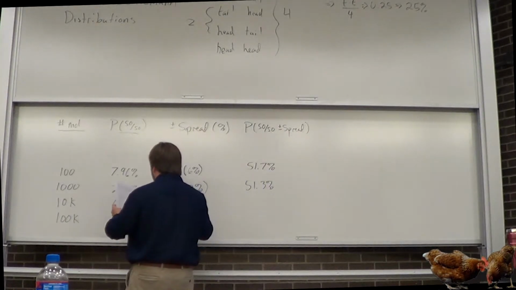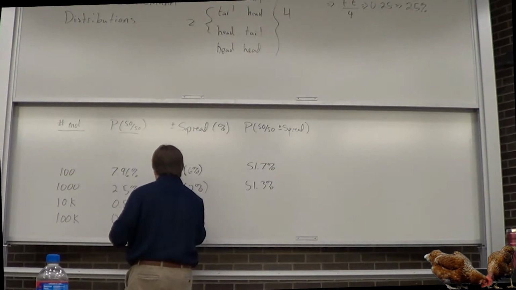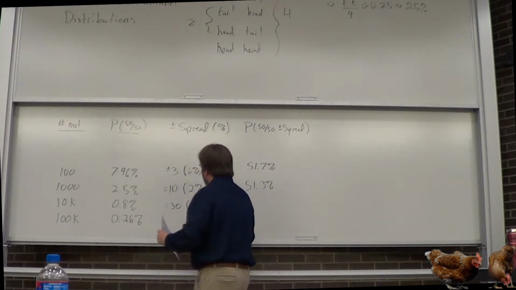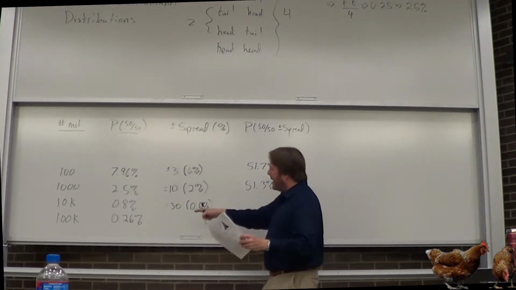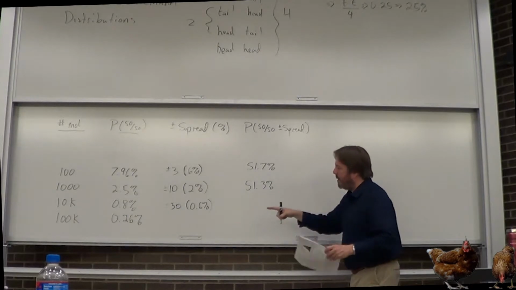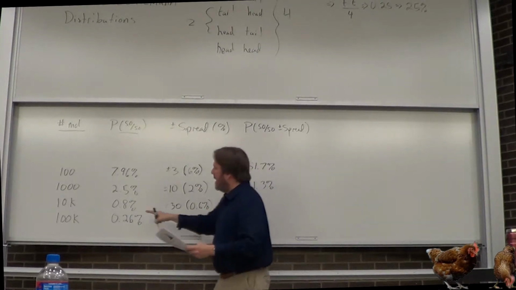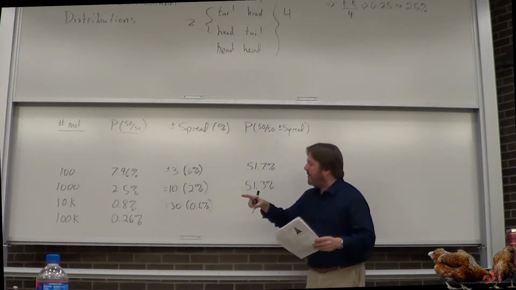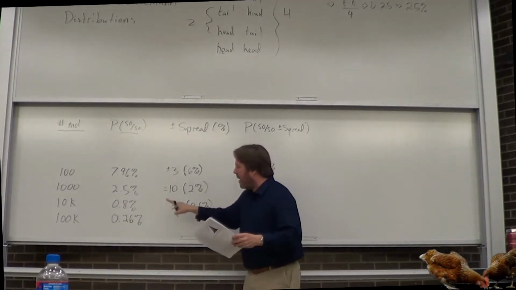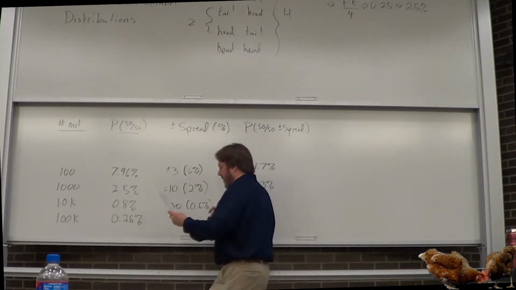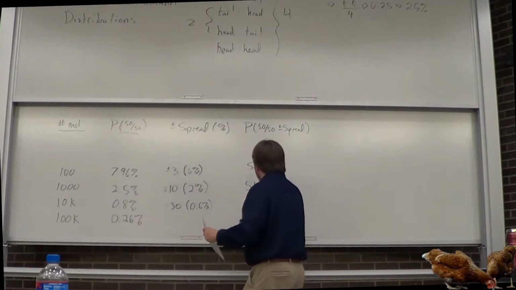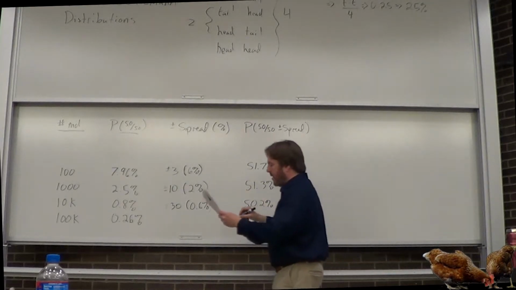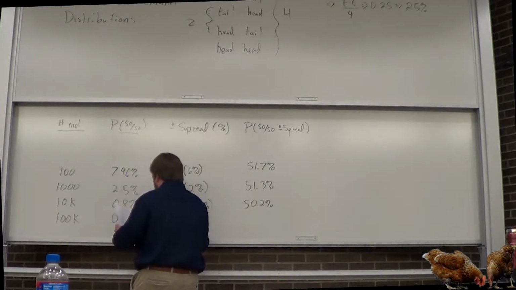Okay, 10,000. Now I think you see how to play this game. I'm just going to finish it up for the hell of it. So the spread, the number gets bigger, but as a percent it gets smaller. That's why I'm including both of these numbers. If I have more molecules, I need a wider spread, but as a percent, 30 over 5,000 is 0.6%. And this happens 50.2% of the time. And notice the trend here is that I'm getting closer and closer to 50%. Exactly 50%, like